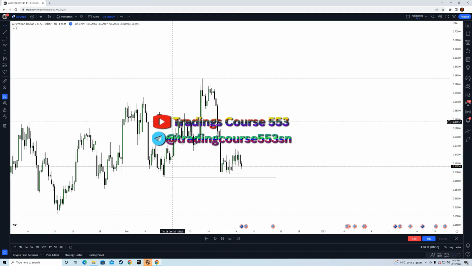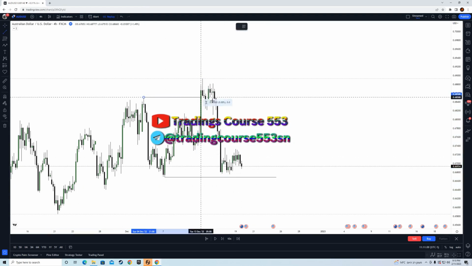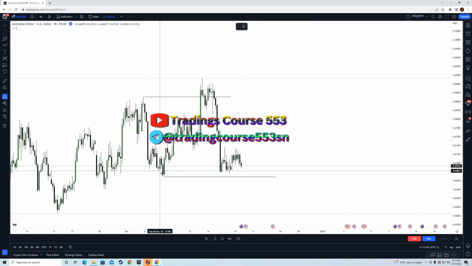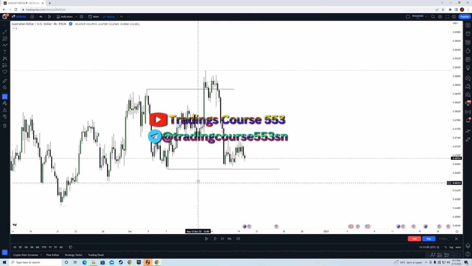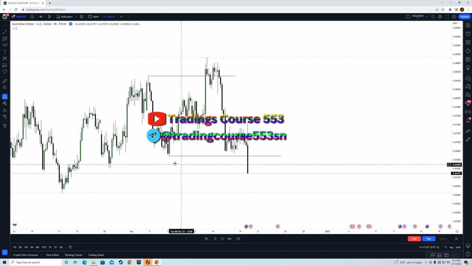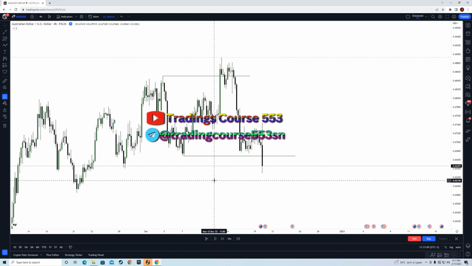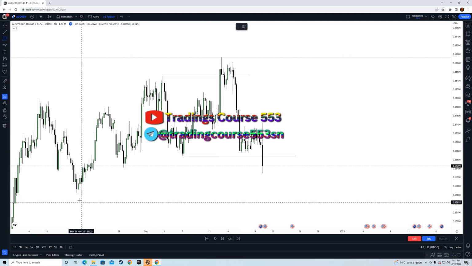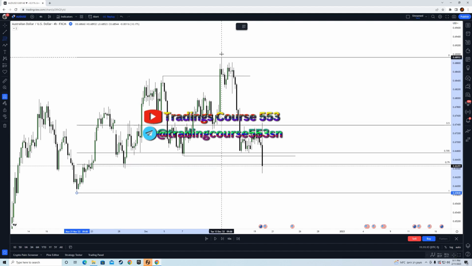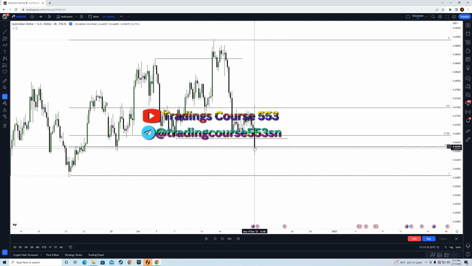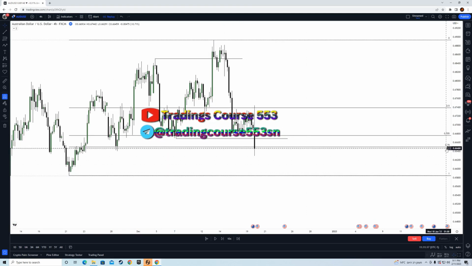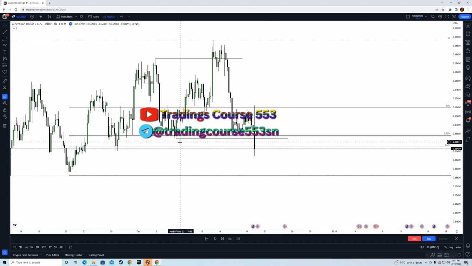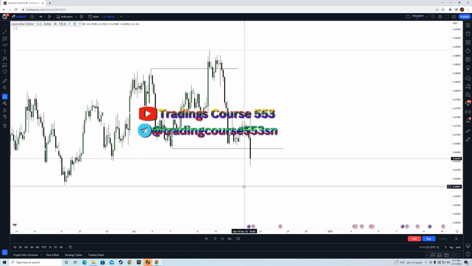This is the A high, and now this is the low of the B leg. So we wait for price to take out the low right here. And what you're gonna notice is if I draw out the fib, you can see price came back into the 0.79 level. So now what we can do is look for